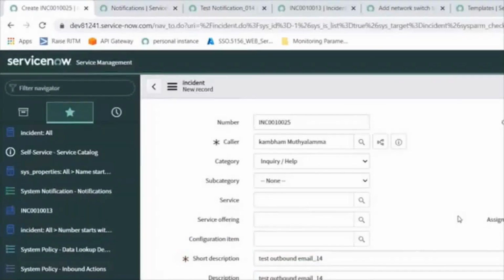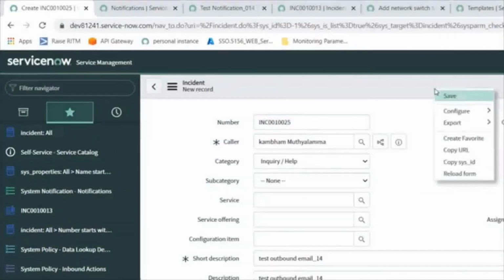Description is our choice, we can give anything, and assign it to someone, then submit it. This incident number ends with 0025. You can submit it or you can save here also.